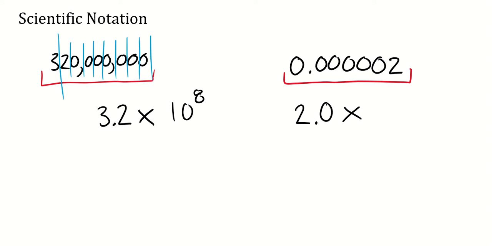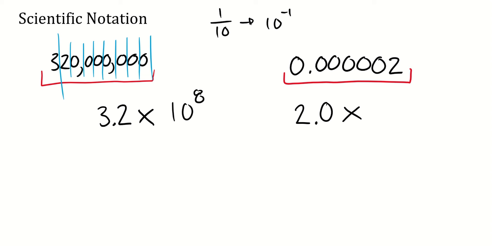So essentially what I need to do is take 2.0 and divide it by 10 a bunch. I'll remind you that division by 10 is the same thing as multiplying by 10 to the negative 1. So every single time that I move backwards, I'm just going to add another 10 to the negative 1 power